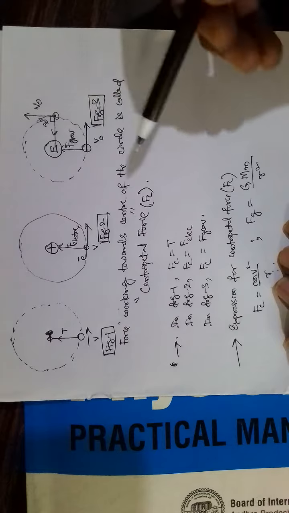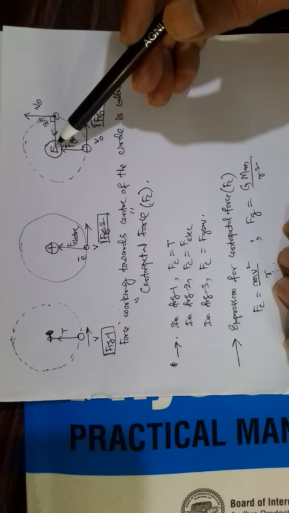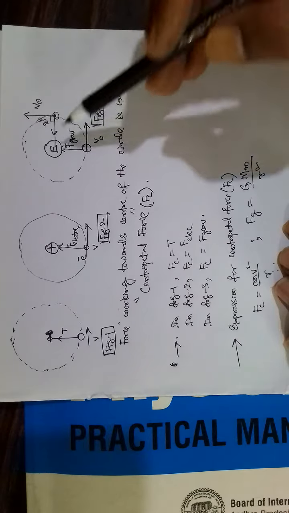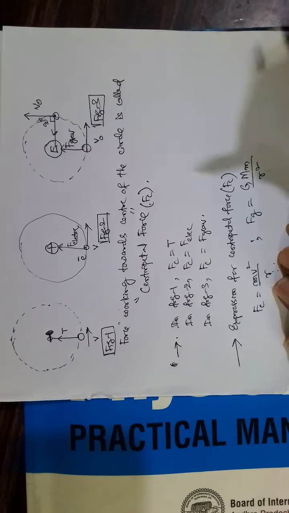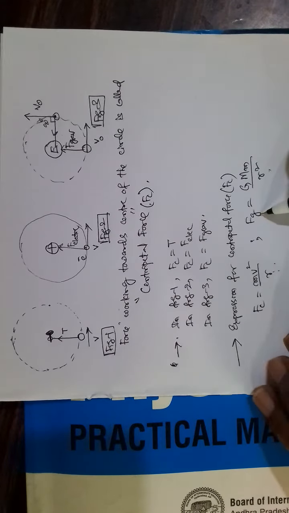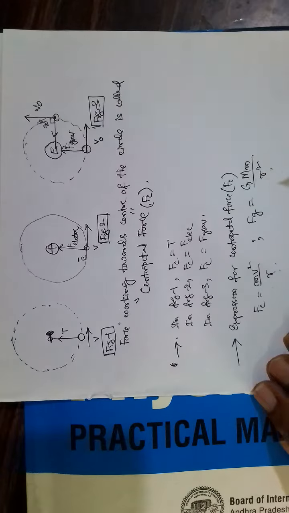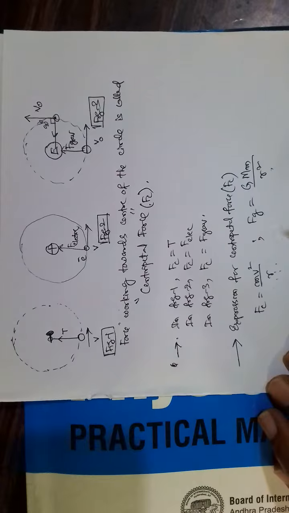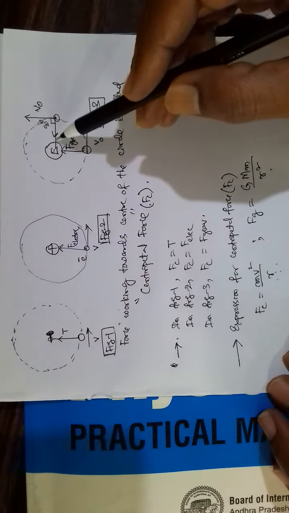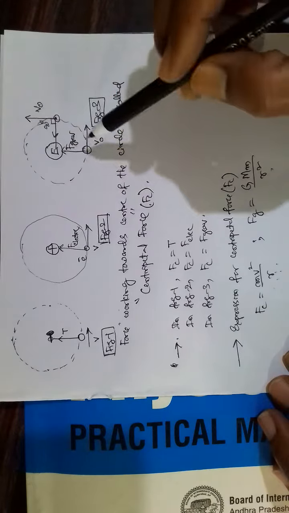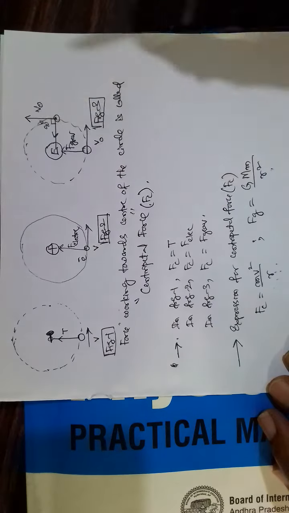So here capital M is the mass of Earth, small m is the mass of the satellite, and r is the distance between these two. So substituting the data, we can calculate the gravitational force working on the satellite. And suppose if you want to launch a satellite, first you have to decide with what radius that satellite must revolve around Earth. This r you must choose.